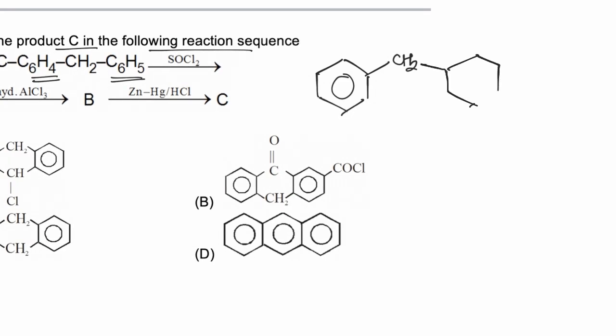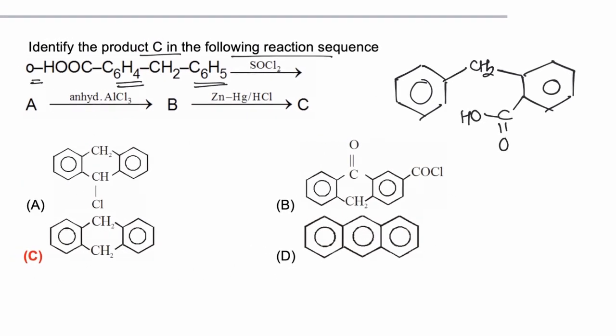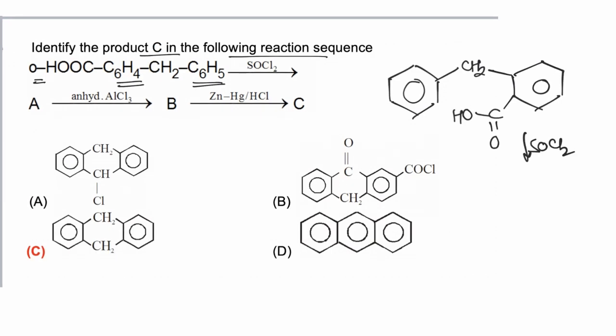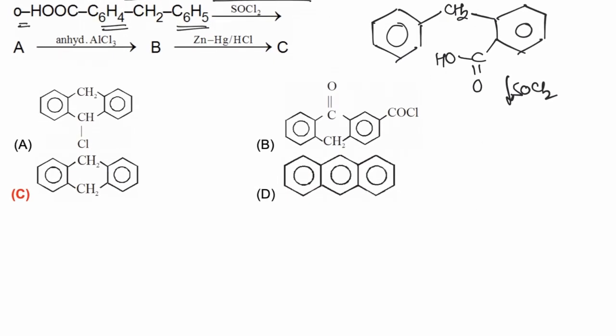So this is the molecule and one ring has a COOH group. Now this molecule is treated first with SOCl2. On reacting with SOCl2, the acid will be converted to acid chloride. So after reacting with SOCl2, we will get CH2, and now this molecule is formed,